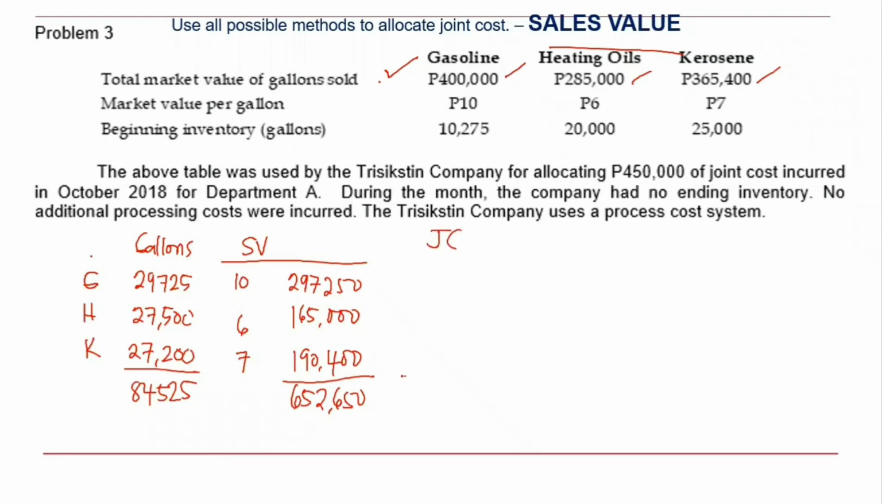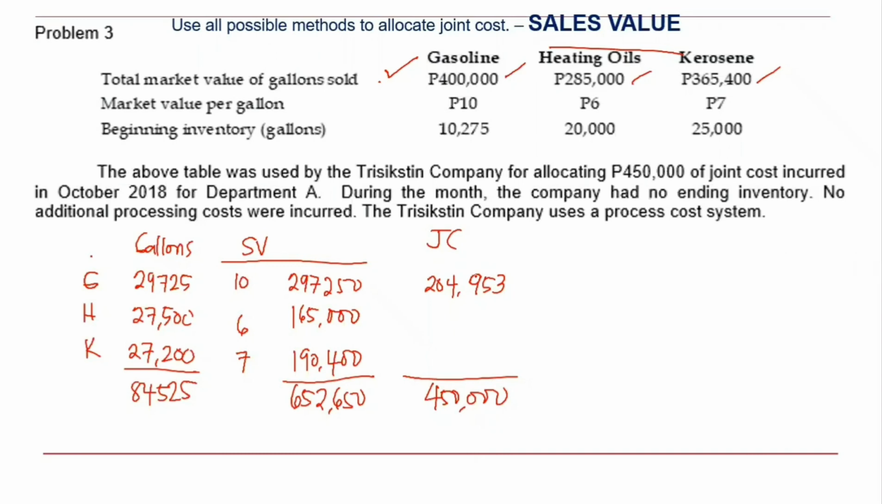So ang joint cost po natin ay total ay 450,000. So we will allocate accordingly. So 450,000 times 297,250 divided by 652,650. So the answer is 204. Oops, saan galing yung 6? Ayan. So it's 204,953. So the next one is